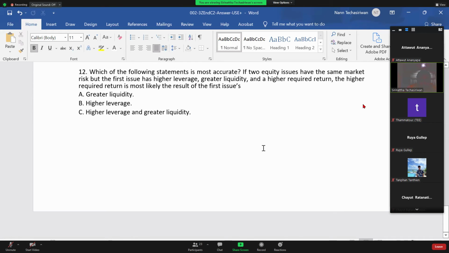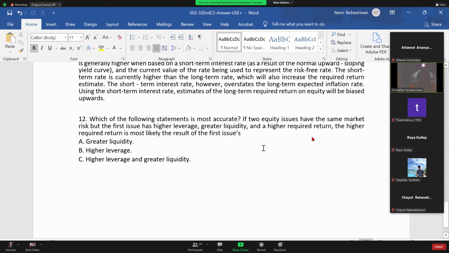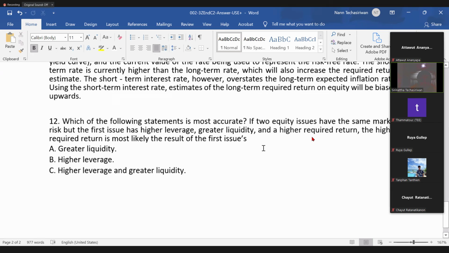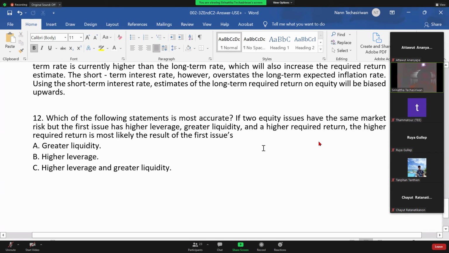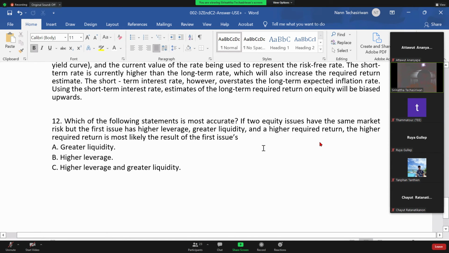What else? So I think that's it. Actually, this one is easy. Maybe since we still have time, I will go through this as well. The last question,